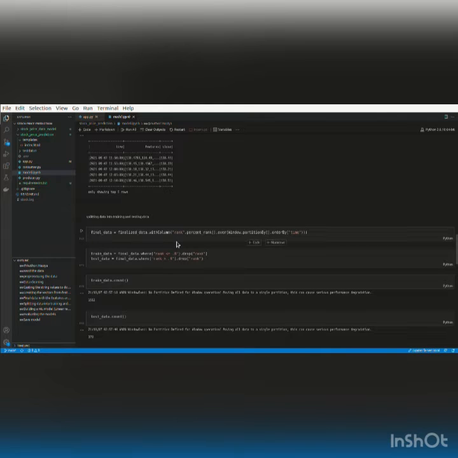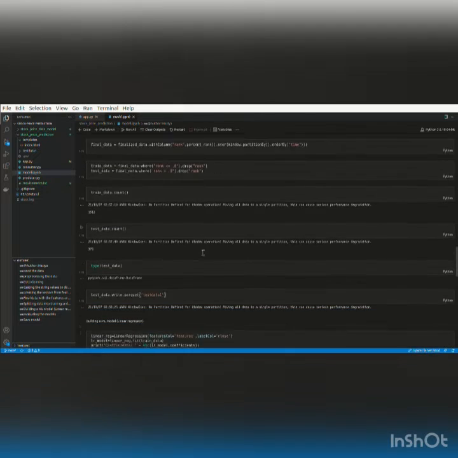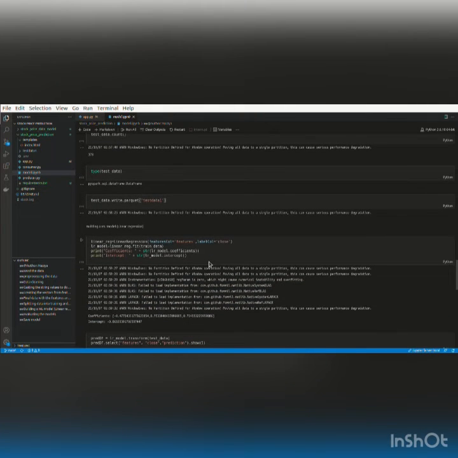Then we'll split the data into training and testing. As we have this time over here, we'll be setting a certain threshold, and then we'll be splitting up the upper part and lower part of the data as training and testing by keeping a certain threshold. So then we have this train and test data. After that, I will be saving it as test data 1.